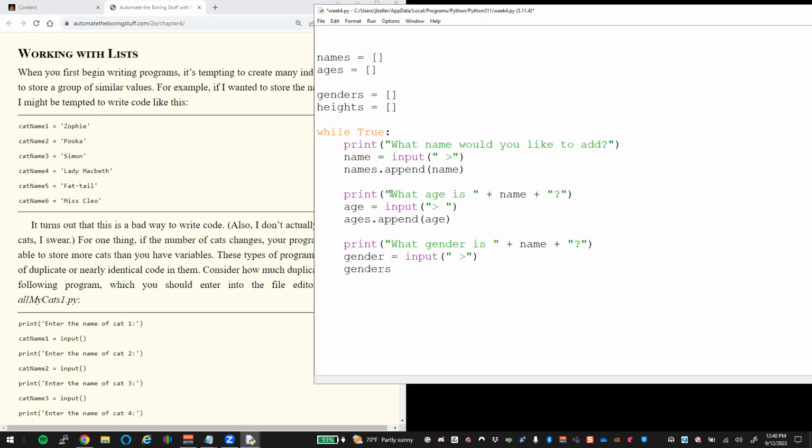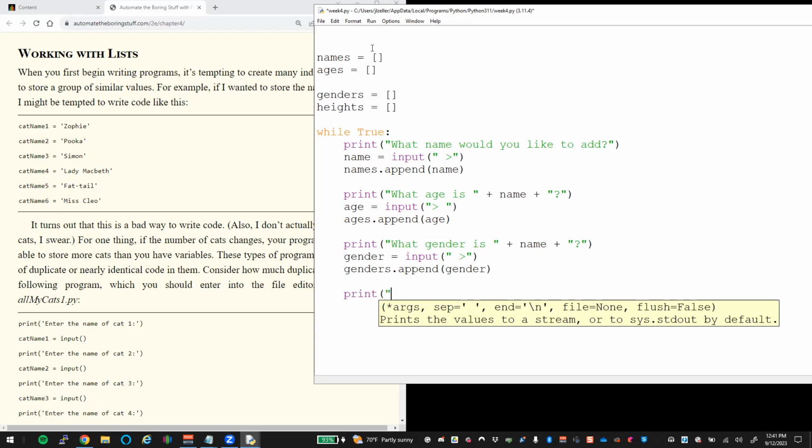We would have genders dot append gender. And then last, append means we're going to add it, right? So we have empty lists up here. We want to add whatever the user typed in to those lists. And the last part here is heights. So what height in inches is